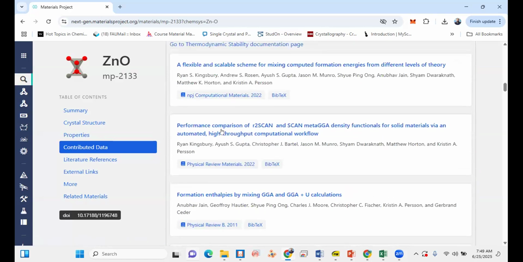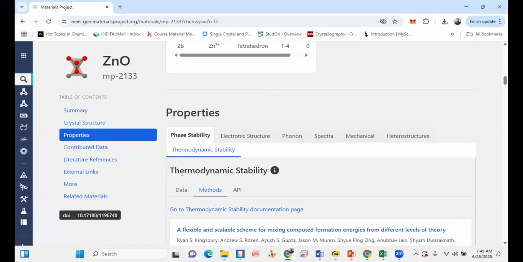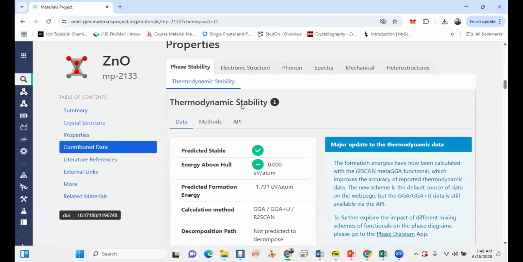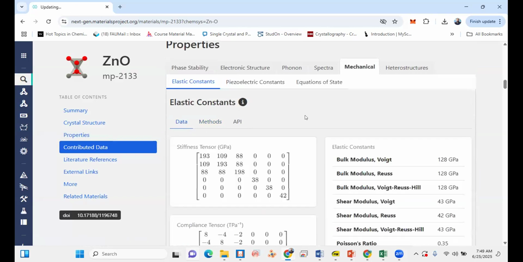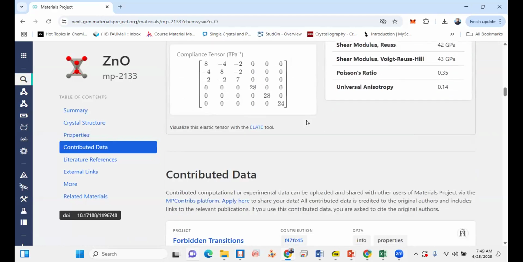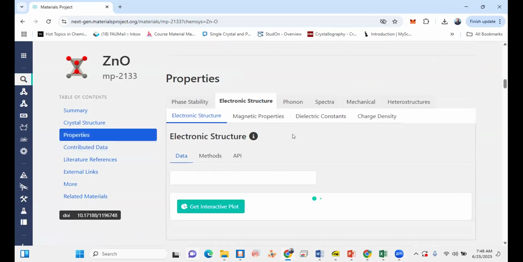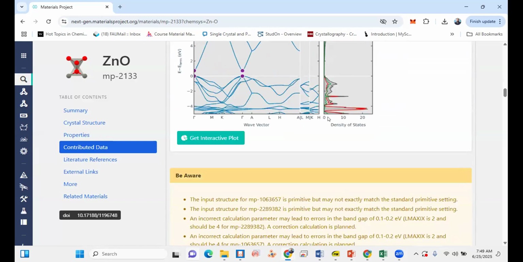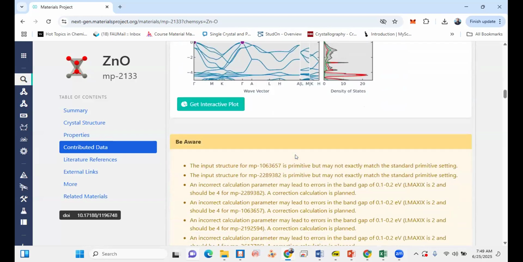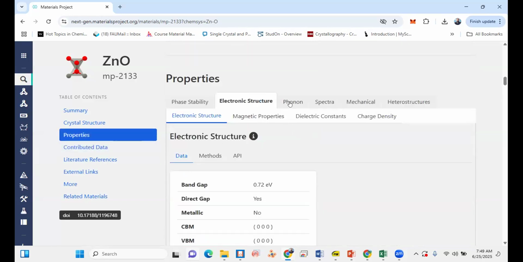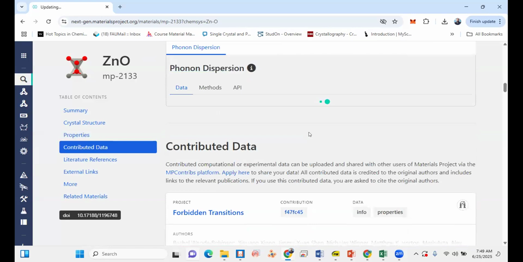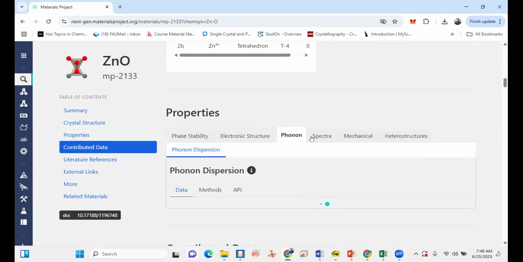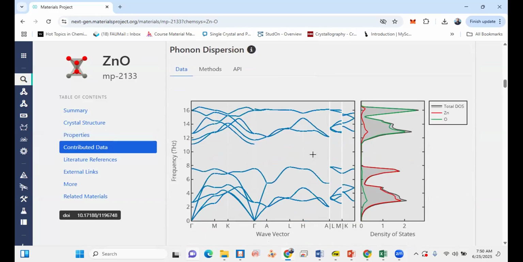About the phase stability, we see the thermodynamic stability, but you can also find mechanical stability here. Then electronic structure, where you will see the band gap, total density of states, and maybe projected density of states. Then phonon calculation. Sometimes some of the calculations are missing, but in most cases they are available here.